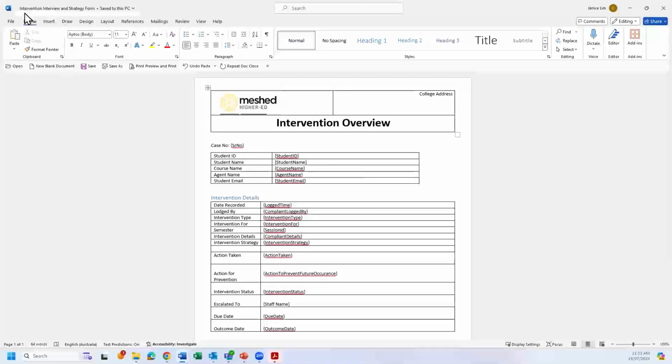This form is saved under, if you can see from here, a bit small, intervention, interview, and strategy form. So after you have designed your form, it needs to be called this name. Okay, please save your form under this name, intervention, interview, and strategy form. Okay, save it under this name. Then